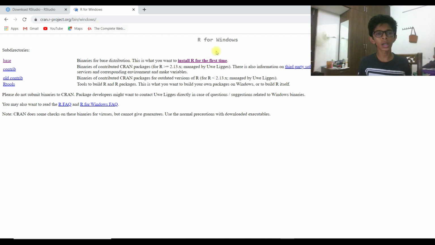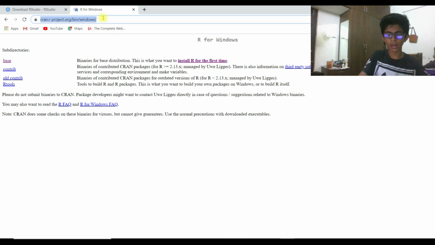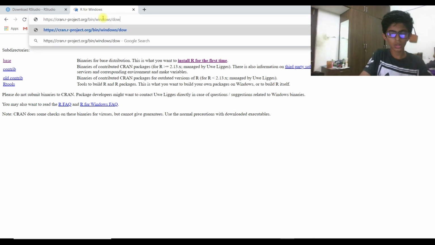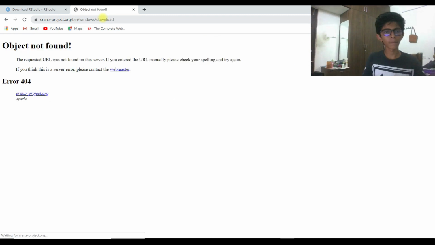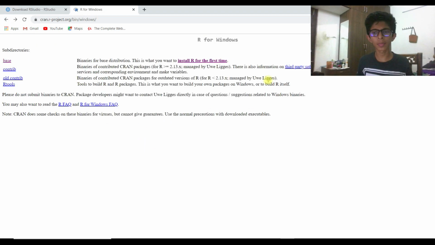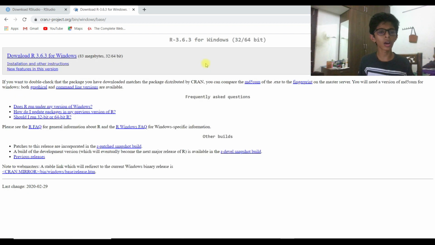First you go over here and download. After you enter the site, you install R for the first time, then download R, and it will start downloading at the bottom.